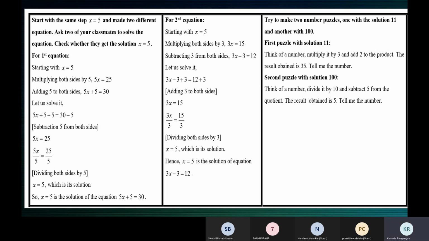One by one, tell me a different puzzle. Ma'am, with a question like this, English, or we have to frame an expression, ma'am? No, like this only, using the English language. One by one. Let's not make it very complicated. Use the same style. Multiply, divide, add, subtract, and tell me.